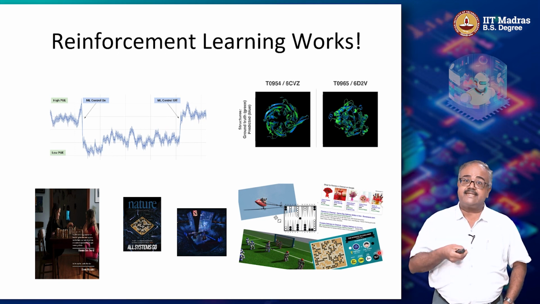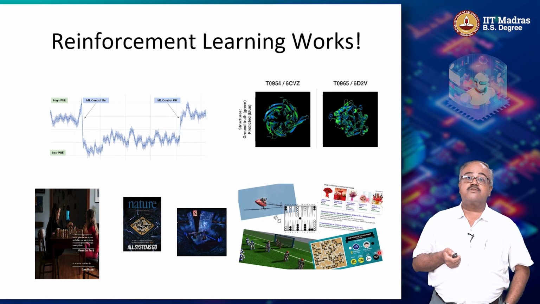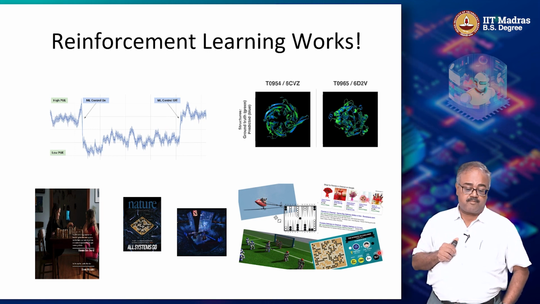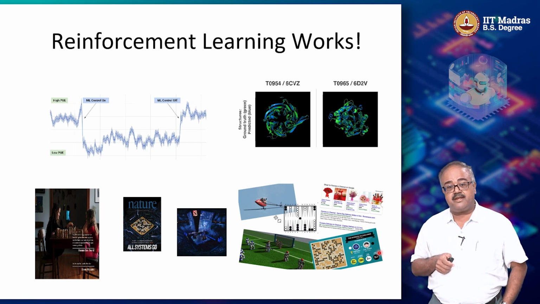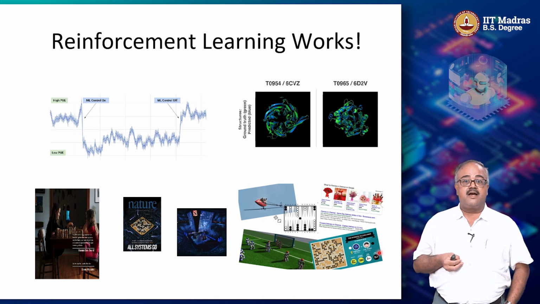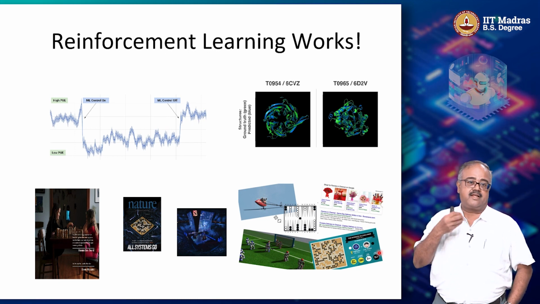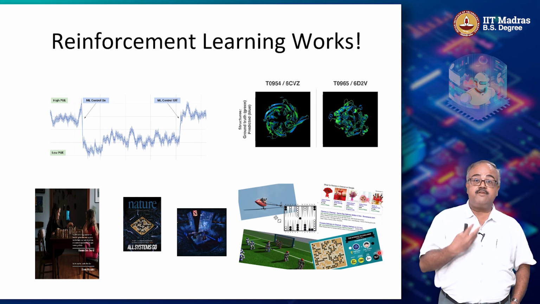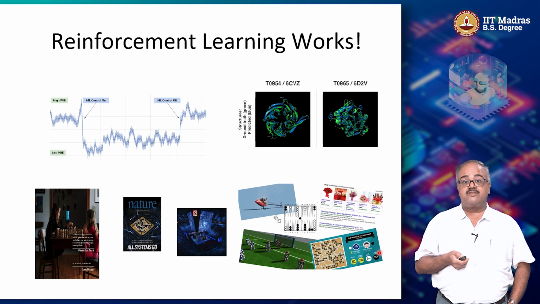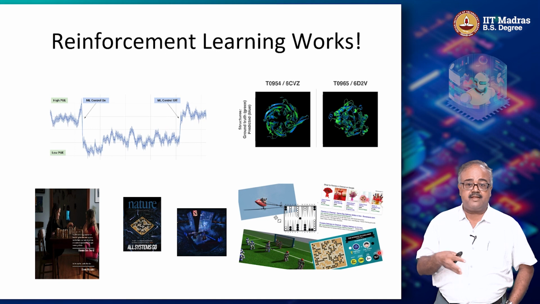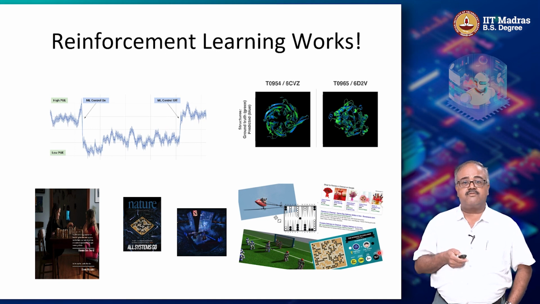But the most recent of the huge success stories of reinforcement learning comes from something that many of you might be familiar with by now, called ChatGPT, which was a system which used reinforcement learning with human feedback, like a human saying whether this sounds right or not, using reinforcement learning to improve on the language generation model that was there. So that's one of the biggest success stories. Here we have many on the slide, and we'll talk about some of the more interesting ones as we go along.